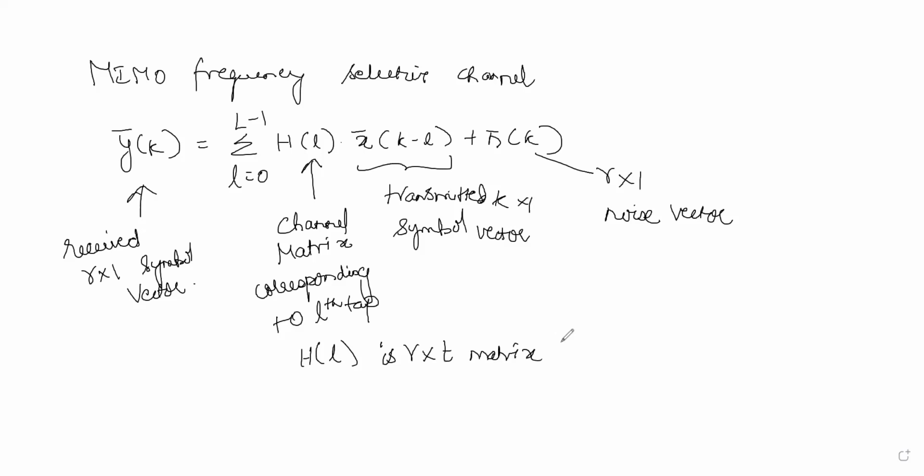That is the MIMO channel matrix. This MIMO frequency selective channel is modeled in the form of a MIMO FIR filter, which is y bar of k equal to the sum over l from 0 to L minus 1 of H of l, x bar of k minus l, plus n bar of k. If we expand this and write it,